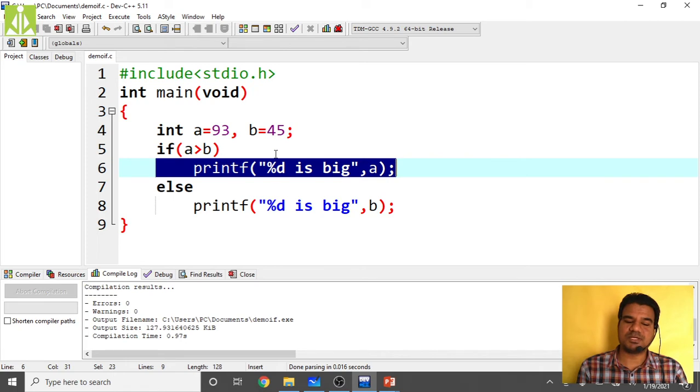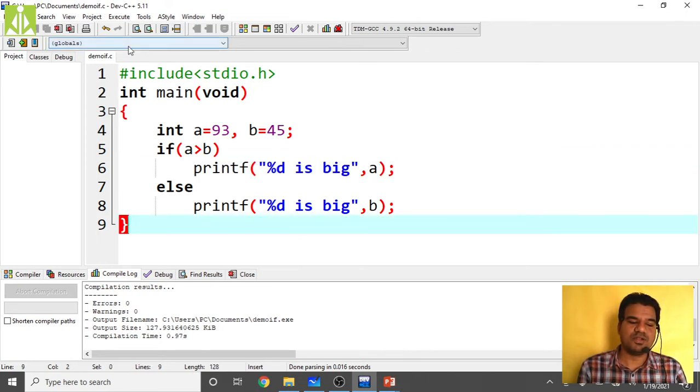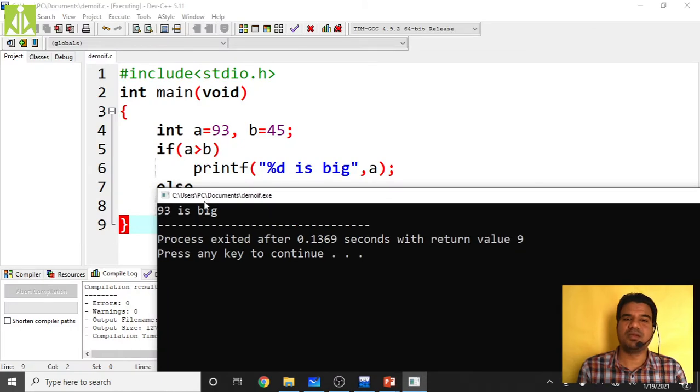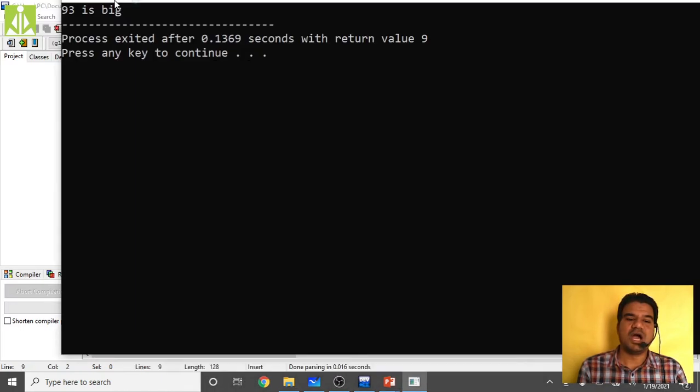The %d is nothing but a, which is 93. So it will show 93 is big. Compilation is successful. Then on execution, you can see 93 is big. Like that we are getting the output.